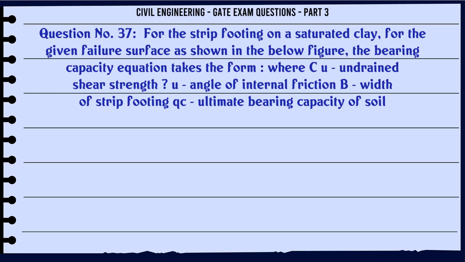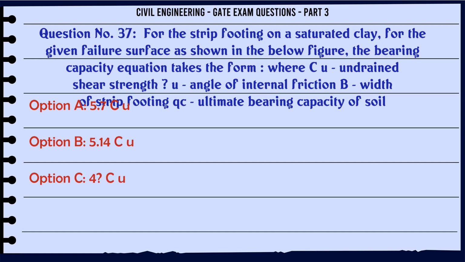For the strip footing on a saturated clay, for the given failure surface as shown in the figure, the bearing capacity equation takes the form where Cu is the undrained shear strength, φ the angle of internal friction, B the width of strip footing, Qu the ultimate bearing capacity of soil: A. 5.7 Cu, B. 5.14 Cu, C. 4 Cu, D. 2 Cu. The correct answer is